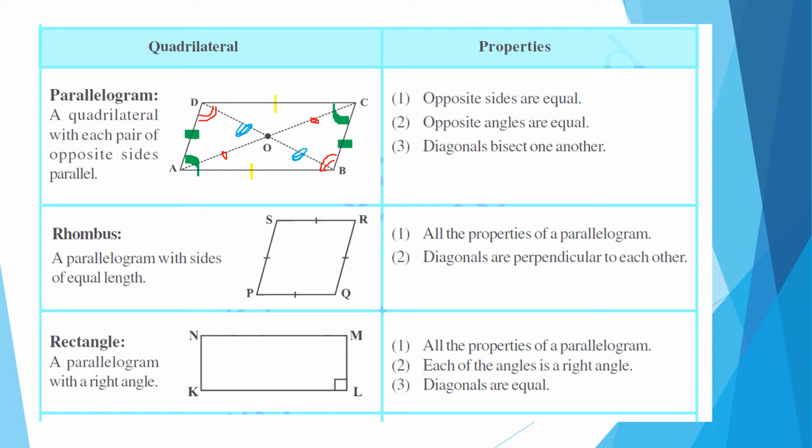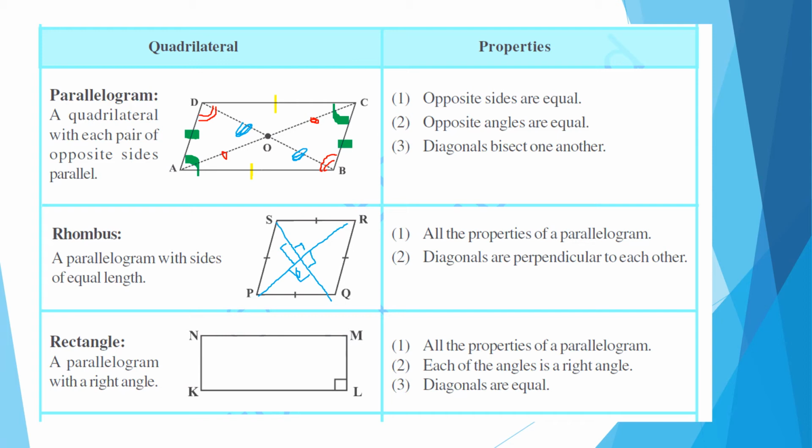What exactly it means. If you will be taking this, you have done it in class 7th as well already. So it's a recap basically. If these are the diagonals, so they bisect each other means PO is equal to OR and SO is equal to OQ. And they are perpendicular to each other means this angle is 90 degrees. So in a rhombus, diagonals bisect each other and bisect each other at right angles. So all these in-between angles are 90 degrees each.